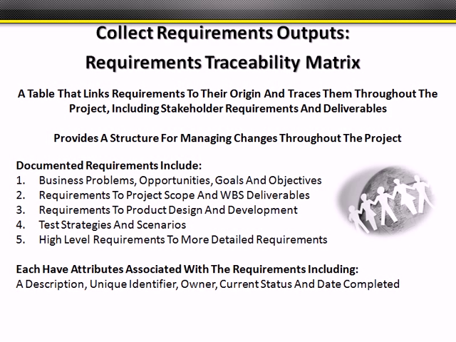The requirements traceability matrix is just a table that links requirements to their origin. Which stakeholder discovered that requirement? Which stakeholder recommended that requirement? Basically, it just provides a structure, because if a requirement needs to be changed later on, you need to know which stakeholder to go back to to approve that change. So some of the requirements that get documented here are business problems, opportunities, requirements to scope, deliverables, test strategies, scenarios. Whether it's high-level requirements or detailed requirements, it doesn't really matter. You want